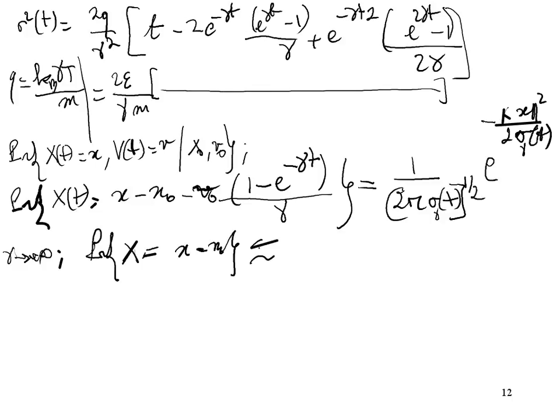This is simply equal to, so now we can use in this expression for sigma, which is given here, what happens for gamma large. So for gamma large, the first term behaves like 2 epsilon divided by gamma m, while all the other terms here will go simply to 0. And they go to 0, I insist, not uniformly, because when t equals 0, gamma cannot be compensated. So for t larger than, let's say,